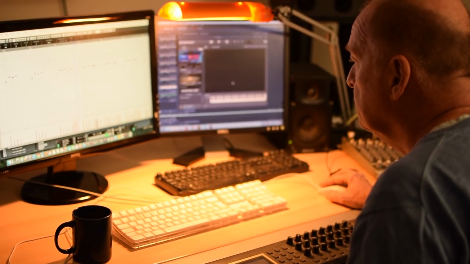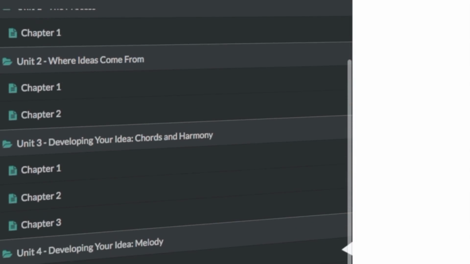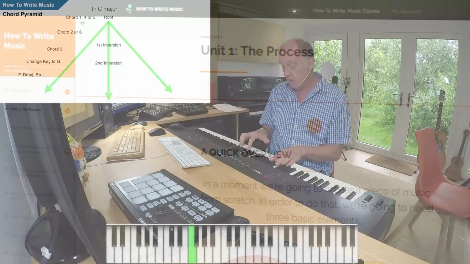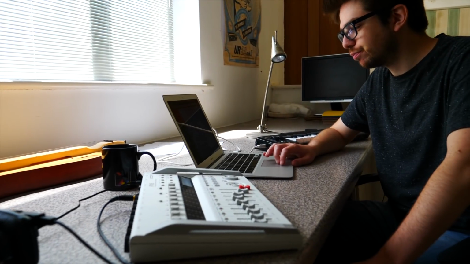Most people face lots of roadblocks and frustrations when it comes to learning to write music. I know because I have been there. This course will help you to sort out exactly what the source of the problem is, and then you can start fixing it. By looking at each element of the music in turn, we can work out what's working and what's not working, and then together we can fix it.